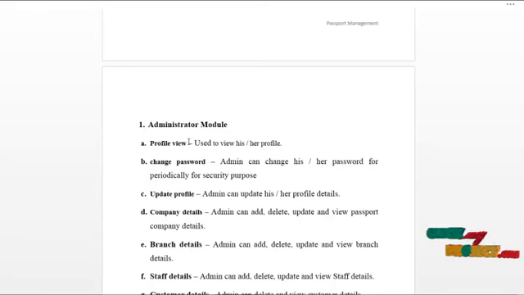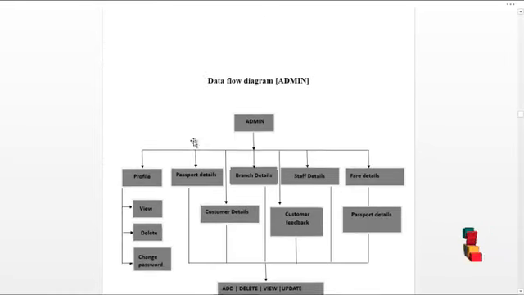Admin can view the user details and delete the users who were registered with our system. Admin can view each branch fare collection and make reports on a yearly and monthly basis. Admin can view the feedback from the user and reply to the feedback. Admin can use mail service to communicate with the staff or customers. The data flow diagram of the admin is as shown below.